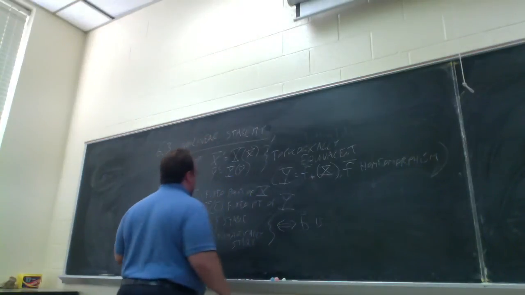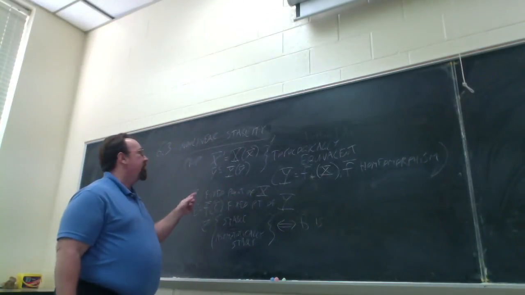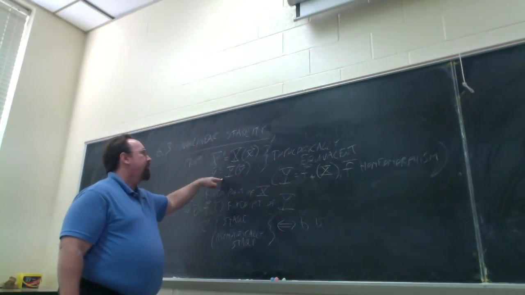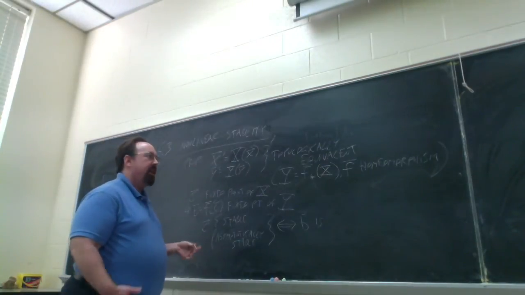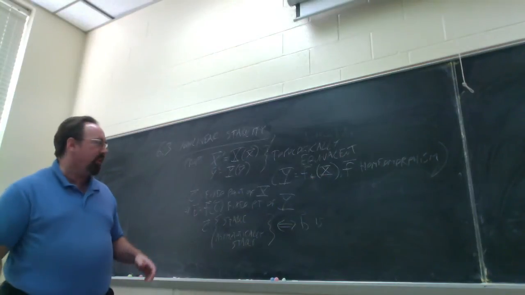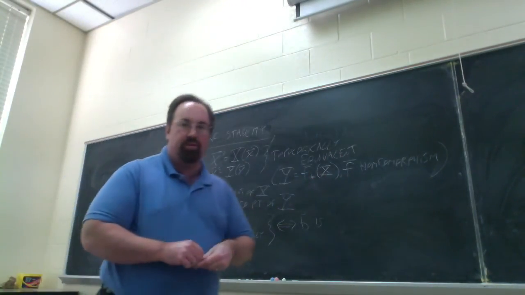If you have a homeomorphism F that relates these two systems, and you have a flow of this system, is there an easy way to describe a flow of this system in terms of this flow, and also in terms of F? And you can. So I'm going to do that first, and then we're going to need that flow in order to prove this